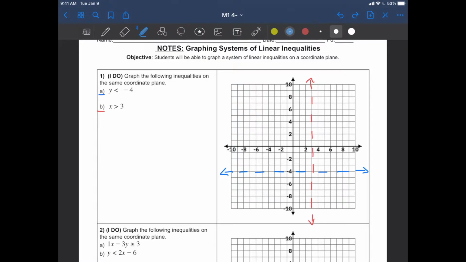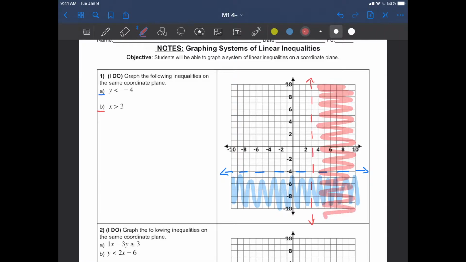So first, y is less than -4 means all points that are below y is -4 is a solution to just that inequality. Now, I'm going to look at all points where x is greater than 3. So that means everywhere to the right